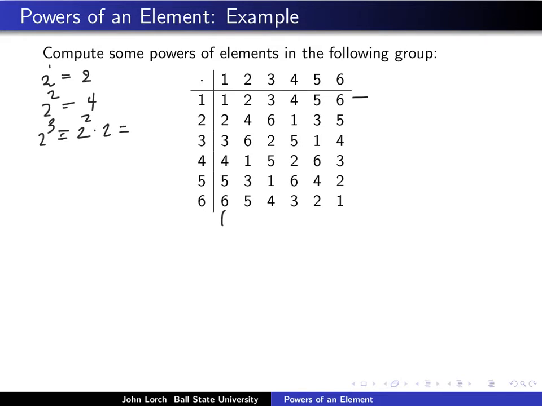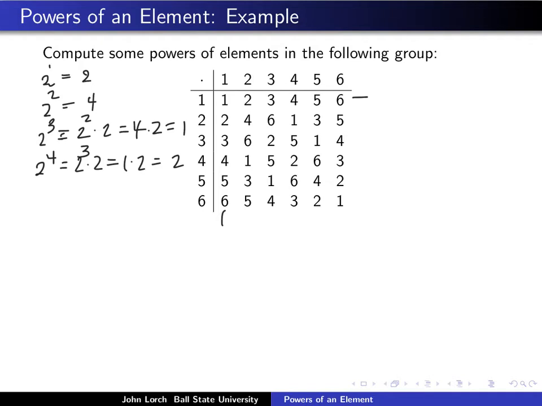But we know 2 squared is 4. And now I look in the table to compute 4 times 2, and I get 1, which you might recall was our identity. Now let's take 2 to the 4th power. So that is 2 cubed times 2. But 2 cubed, remember, was 1, so that's 1 times 2,